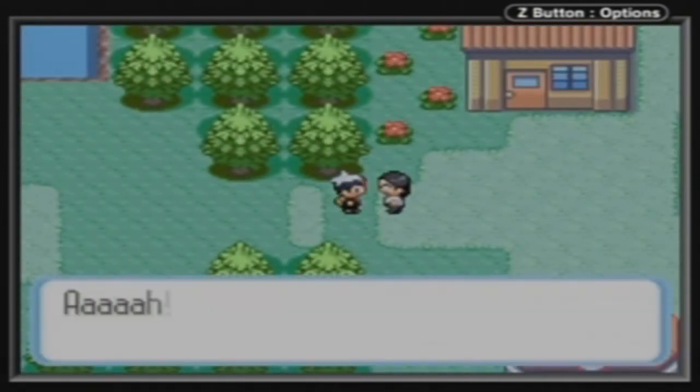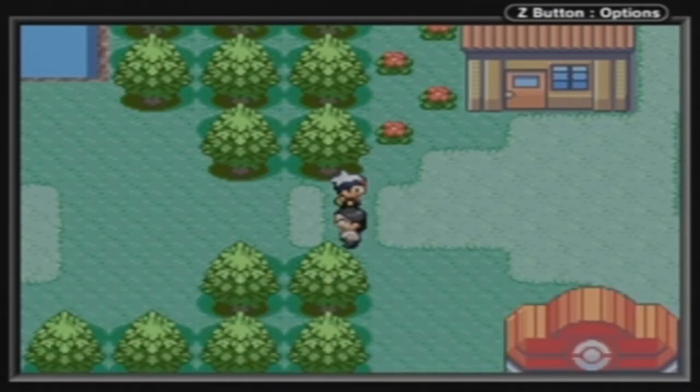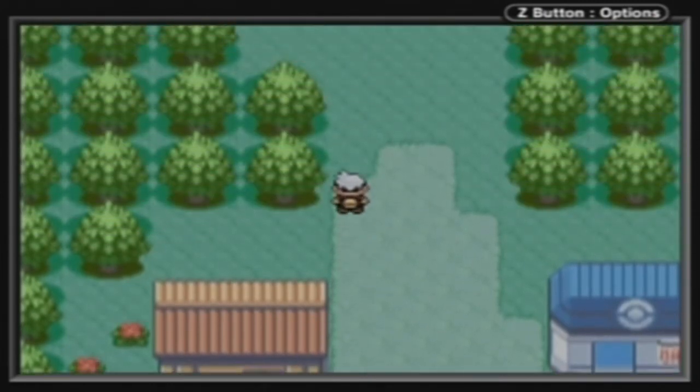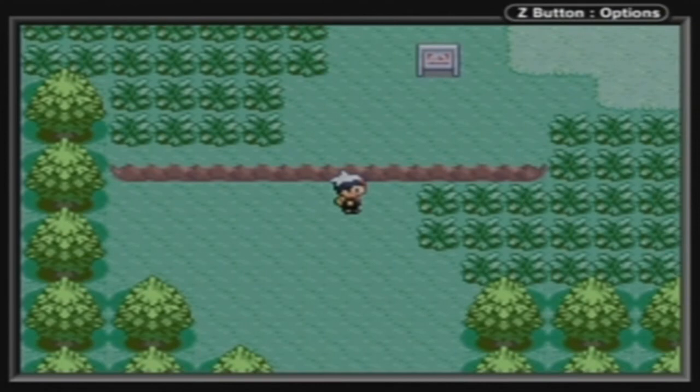Let's see what's up on Route 102. We can't go there, because this guy is inspecting the dirt. Yes, the dirt. So we can't go to Route 102 yet, but we can go to Route 103. Now, if I get through this entire route without encountering a Pokemon, I can come back here later and catch one. But...